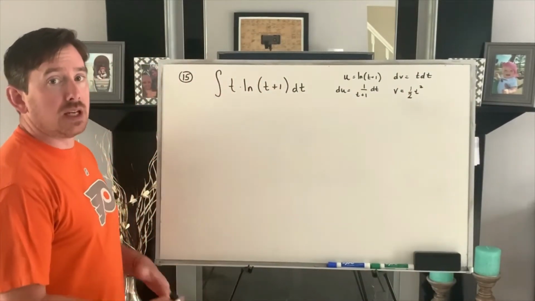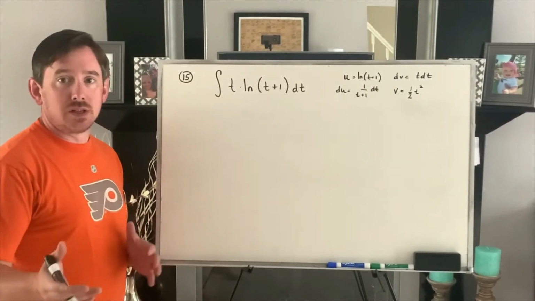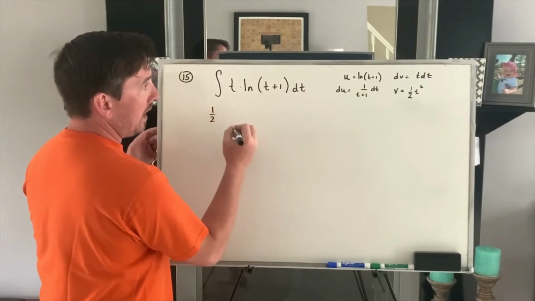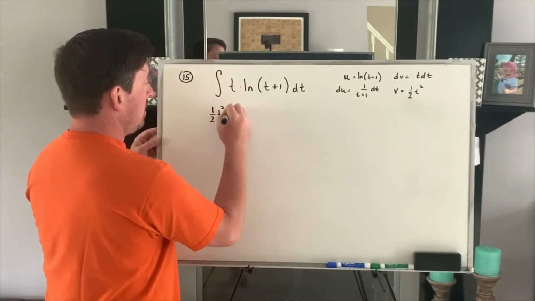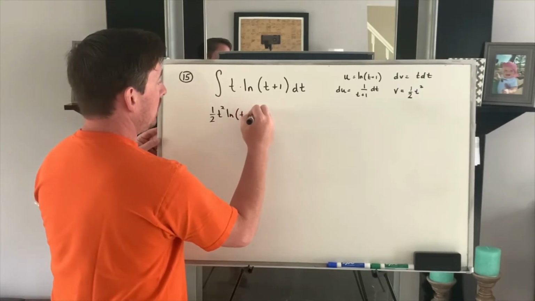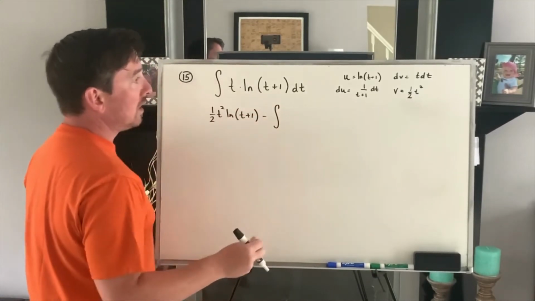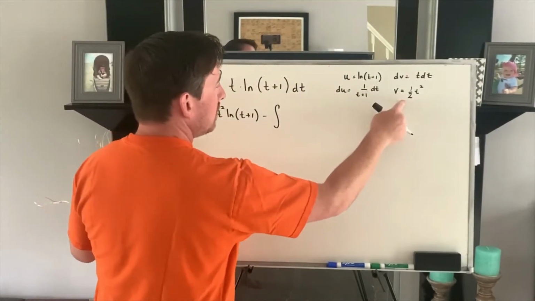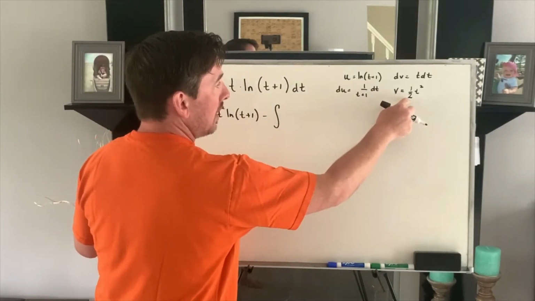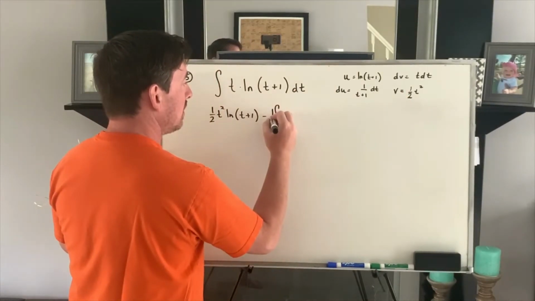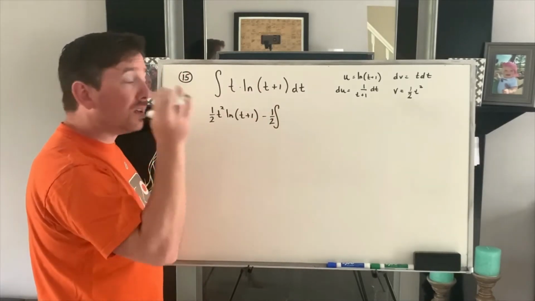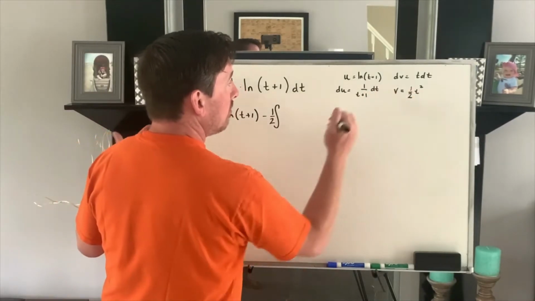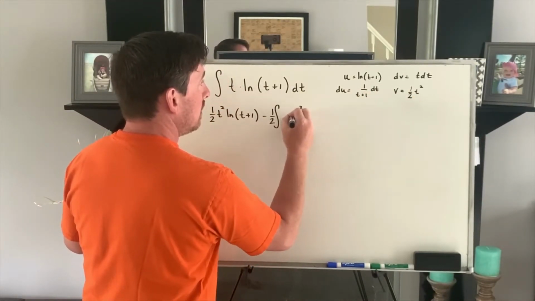And that's everything that you need. Now you just use the formula. I don't have it up here, but I trust it's in your notes somewhere. We're going to do u times v, so 1/2 t squared natural log of t plus 1, minus the integral of v du. Just to get junk out of the way, I'm going to put the 1/2 out front. Any coefficients can always be factored right out. You don't need it to mess up the integrand here. And I'm going to have t squared over t plus 1